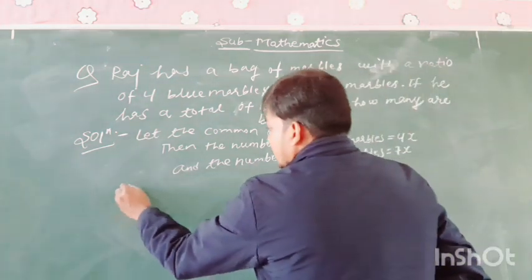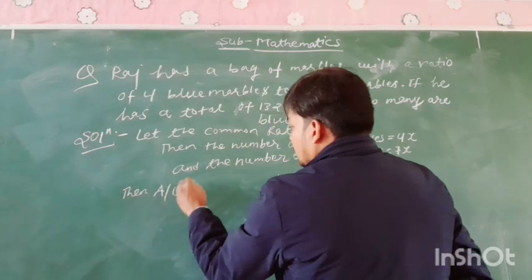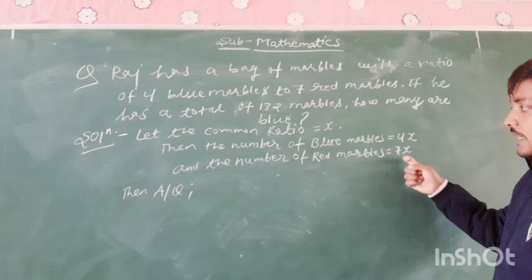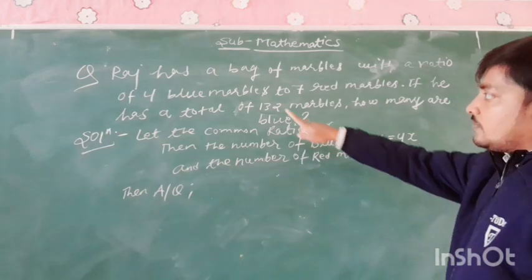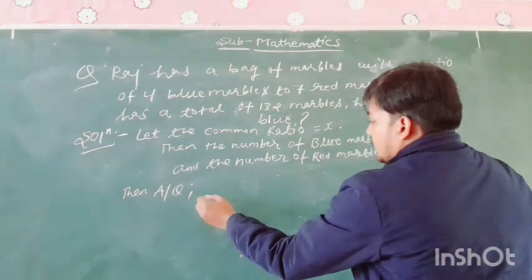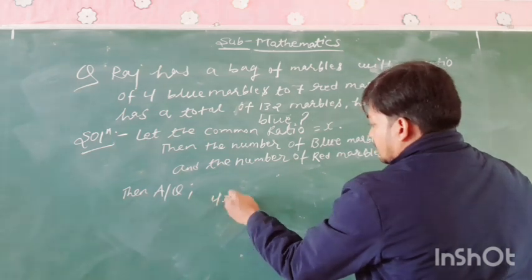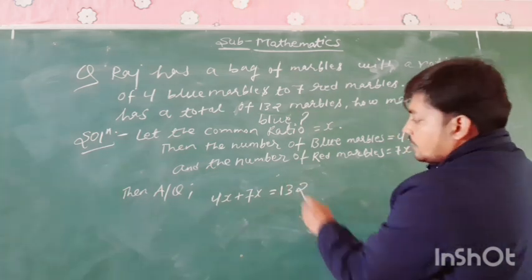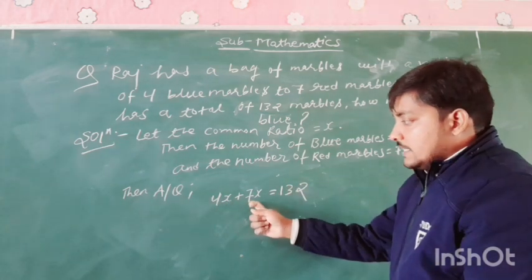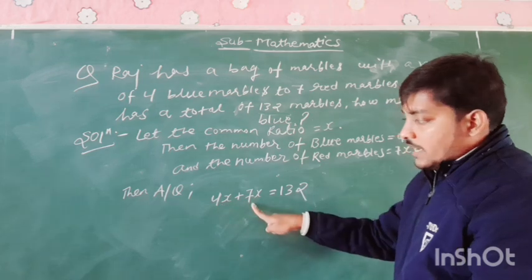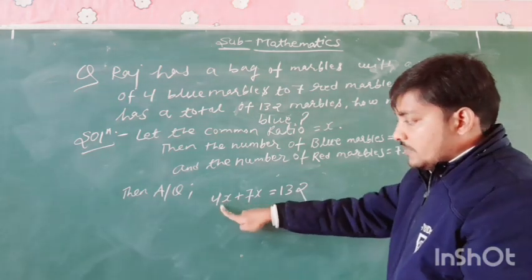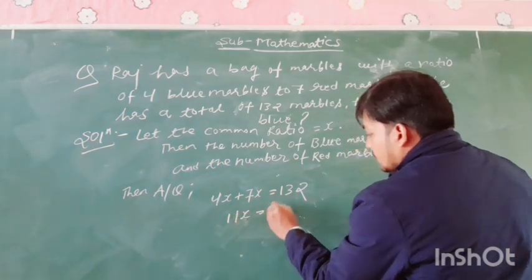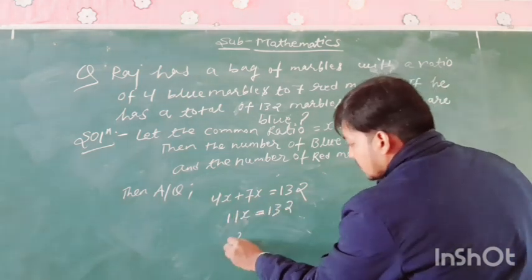Then according to the question, the sum of blue marbles and red marbles is equal to 132. So we write 4x plus 7x equals 132. In the LHS, both terms are like terms, and we add 4x and 7x, which is 11x, equal to 132, and the value of x equals